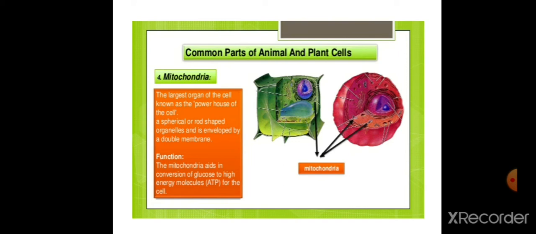It is called the powerhouse of the cell because the reaction of respiration happens over here, and this organelle supplies energy to the different parts of the cell. So again, a very important organelle, the mitochondria. It is present in both plant and animal cells, because even plants respire, right? Respiration happens even in plants. So where does that happen? In the mitochondria.